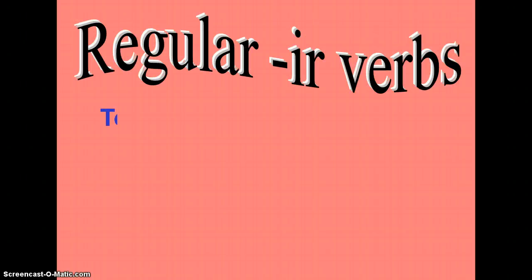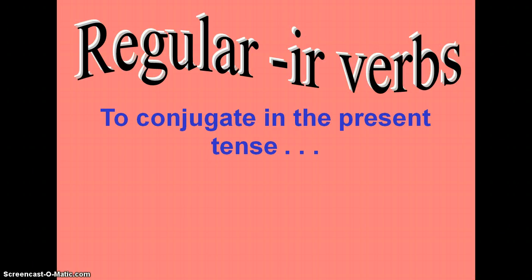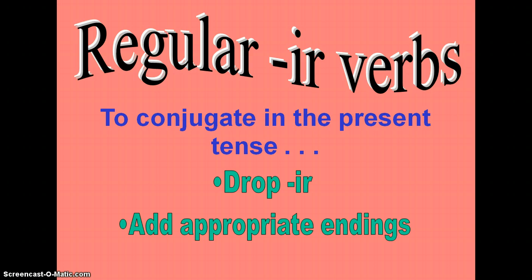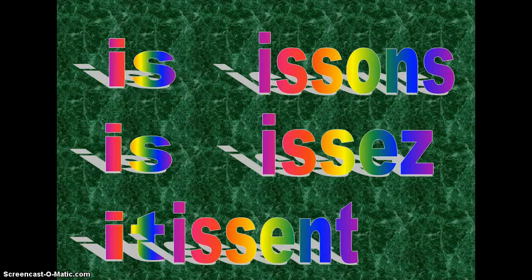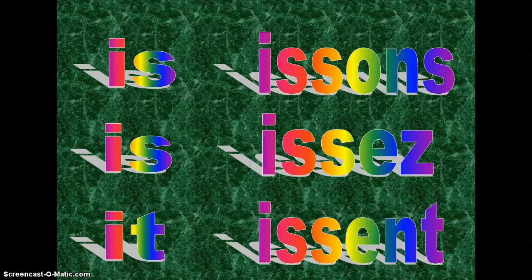All right. So now, if we go to the next one, we're going to have ir verbs. To conjugate the verbs in ir in the present tense, the first thing you have to do is drop the ir and then add the appropriate endings, which are right here. For je, it's is, tu is is, il is it, nous is issons, vous is issez, and ils plural is going to be